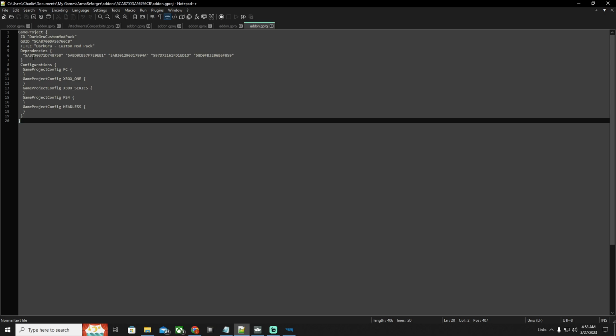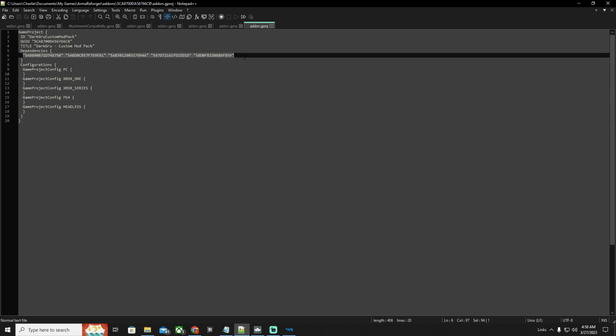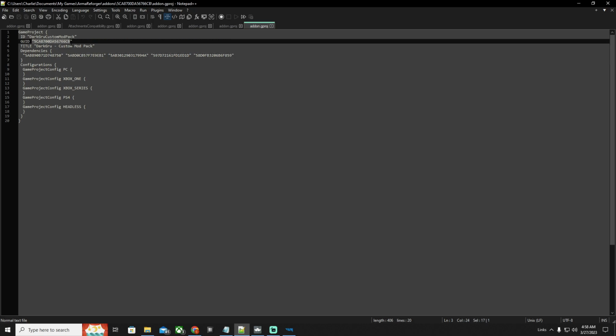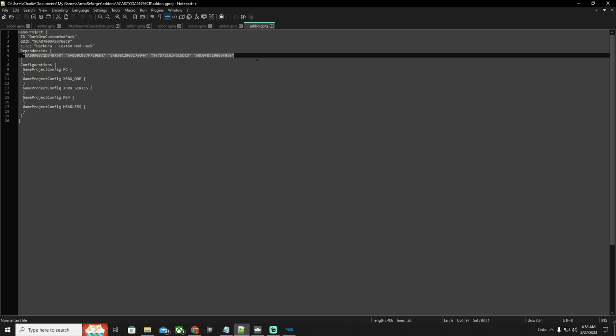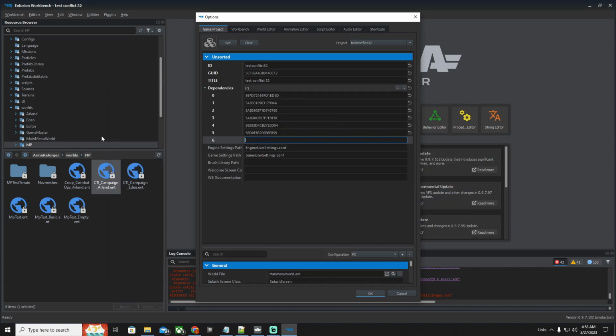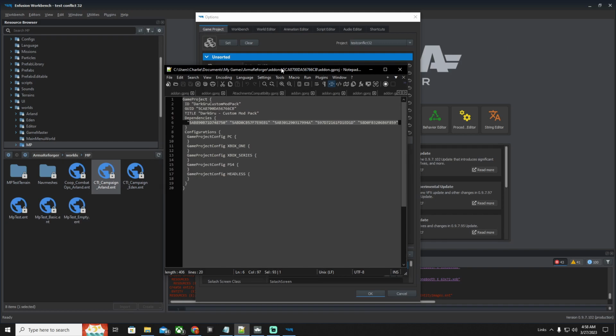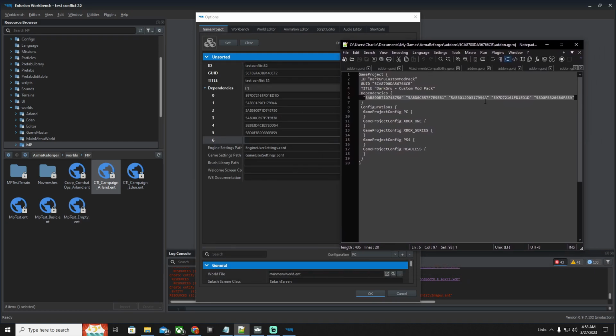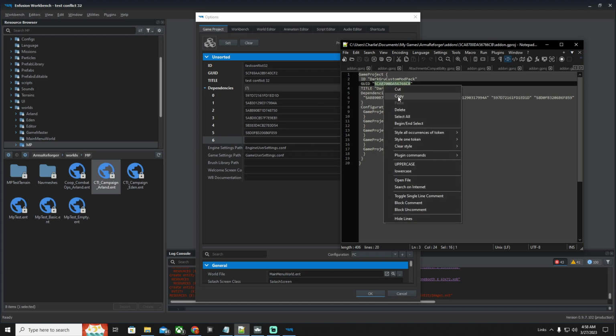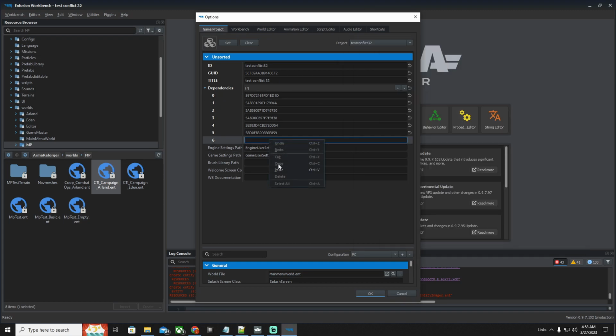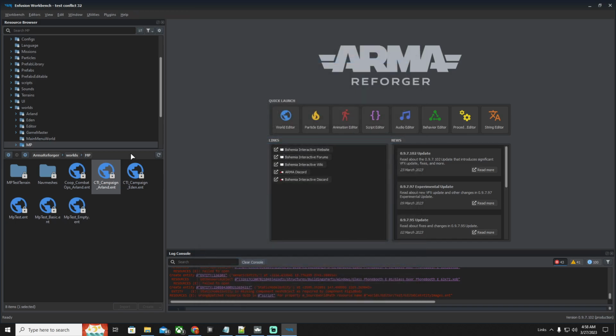On here, it gives you all your dependencies that you are going to need for those mods, and it also gives you the GUID for that mod. The only thing you're going to need is the GUID. Now, I already have all the dependencies in here from earlier. If you're not sure, you can also just have them right next to each other and check to make sure these match these. But all I'm going to do is copy this GUID, paste it here, press OK, Workbench save,